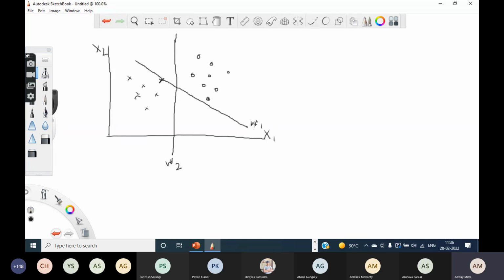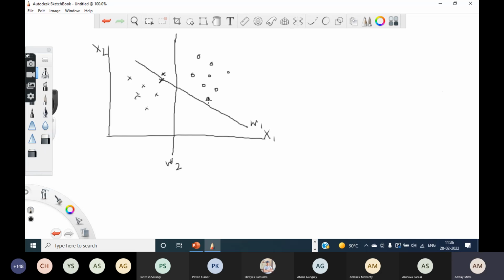Yeah, okay. So rather than saying that if we change the orientation of W1, we can say it in a slightly different way. These points which we are seeing are actually measurements. For this point, it is lying almost on W1. If this measurement changes a little bit, or if there is a slight error in the measurement, or in the testing sample there is one point like this, which is close enough to this one but on this side, then you can see that it is going to be classified as a circle.